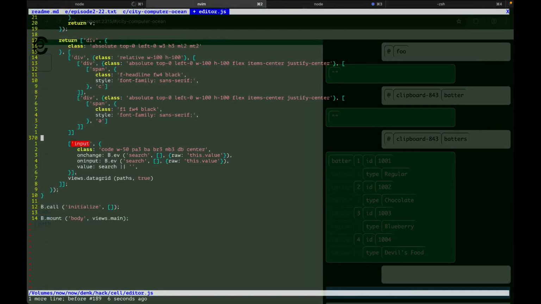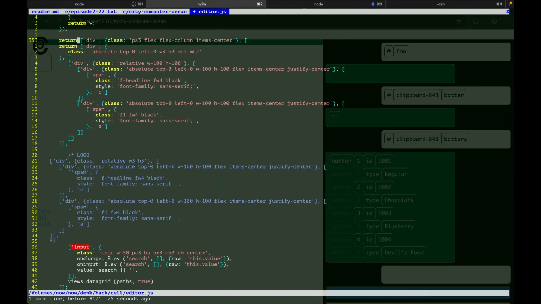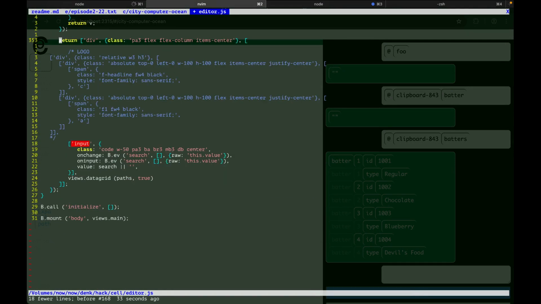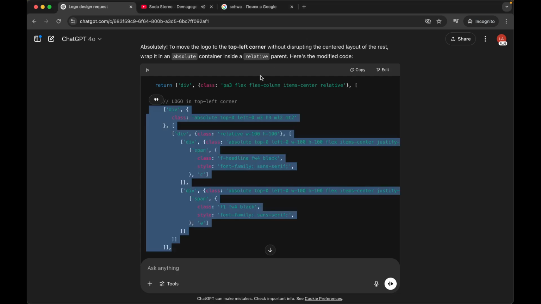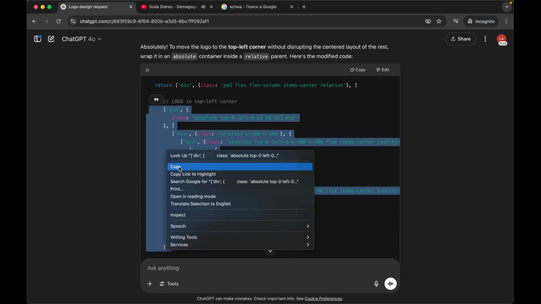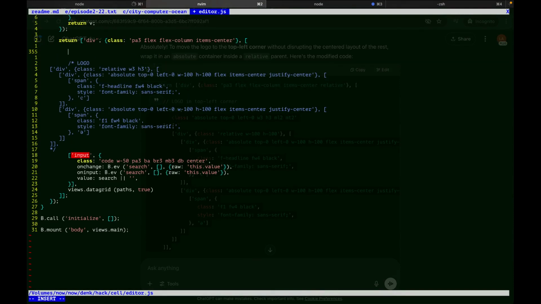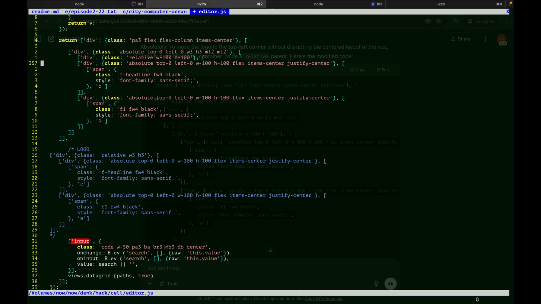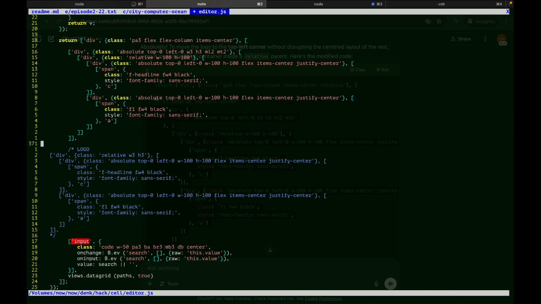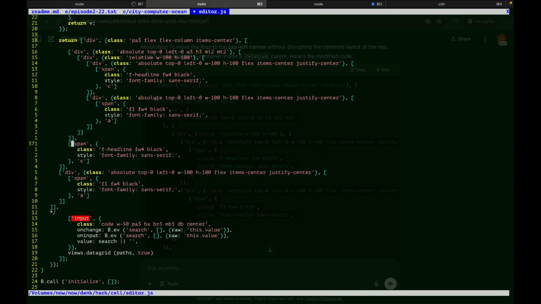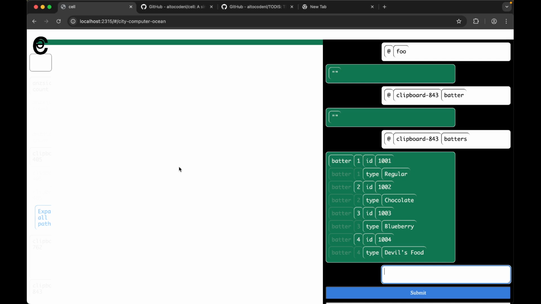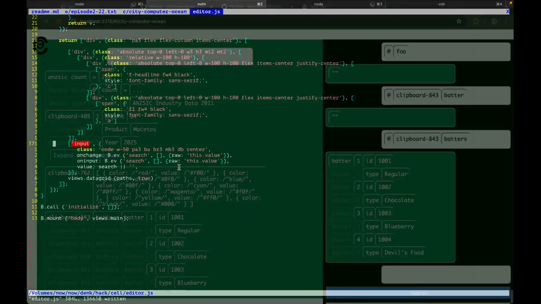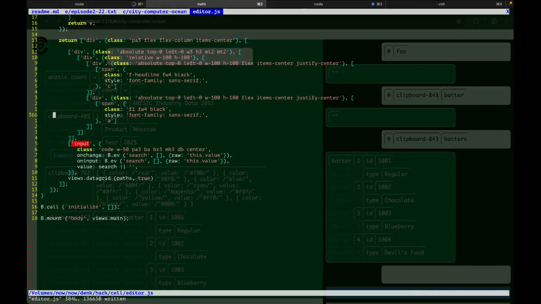Or not. Okay, a bit better. It still looks awful, but